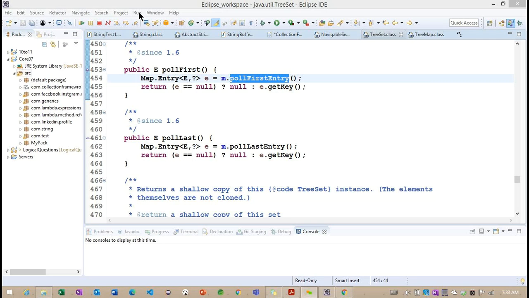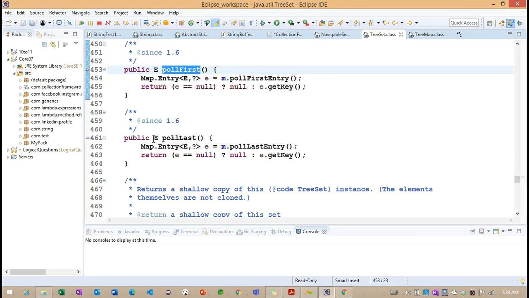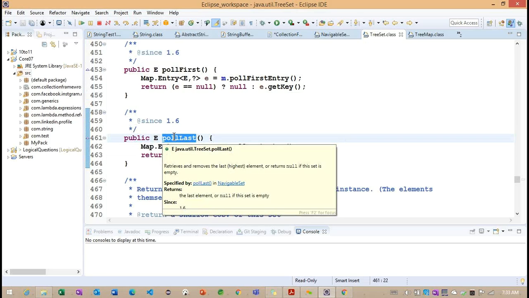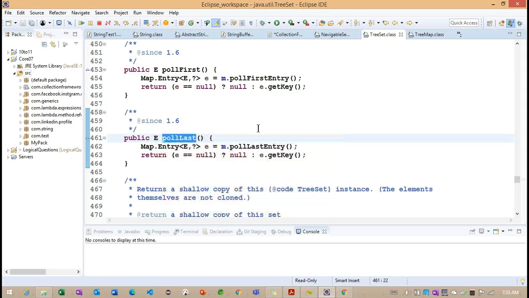Whatever element we are trying to remove, the first element is going to be returned by this pollFirst method. And same way, the pollLast method will try to find out the last element, and whatever the last object we are going to remove here, the last object it will return here.